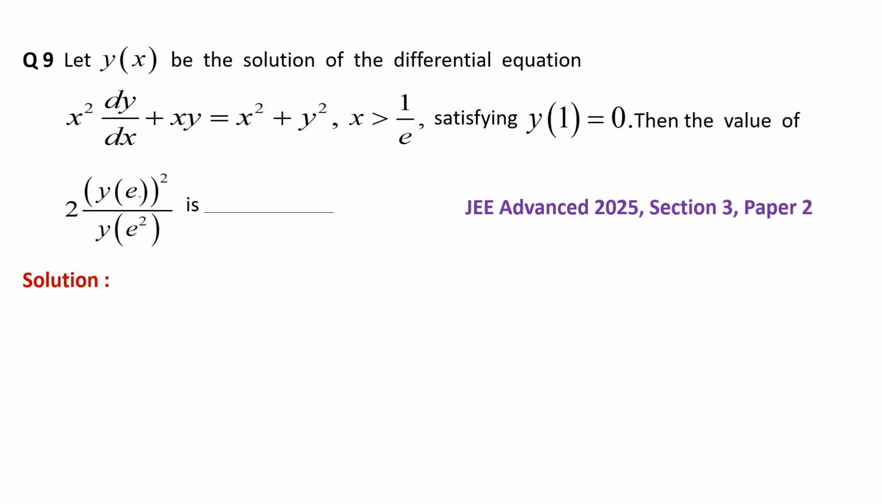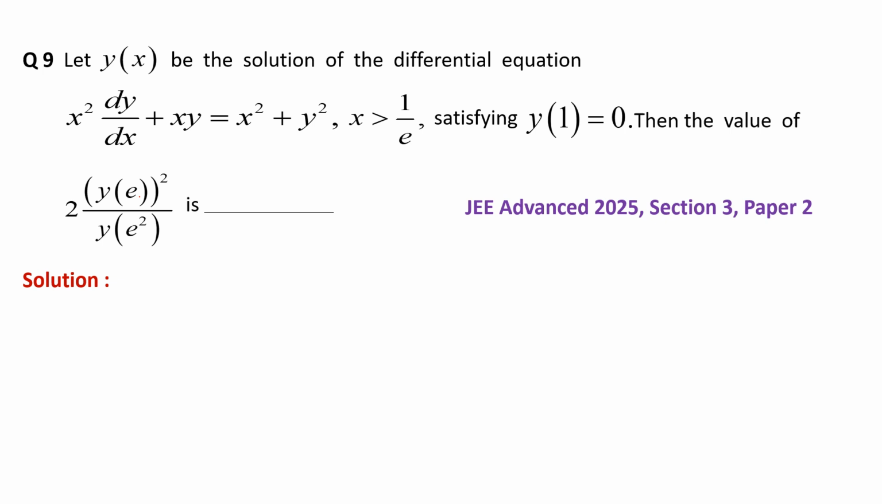It says, let y of x be the solution of the differential equation x square into dy by dx plus xy equal to x square plus y square, comma x greater than 1 upon e, satisfying y of 1 equal to 0, then the value of 2 into y of e whole square divided by y of e square is. Now students, when we look at this differential equation, we notice that it is a differential equation of